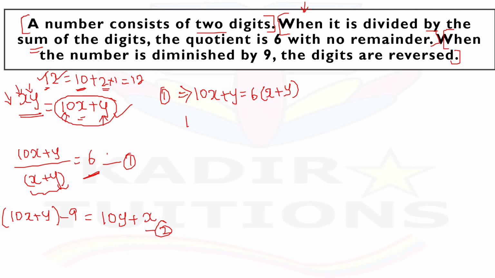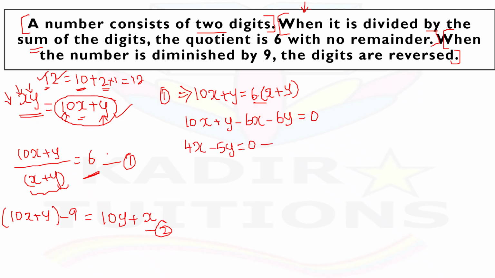So first we will do the simplification of this, then we will proceed further. So it's going to be 6x. When it is coming to the other side, it's minus 6x, and 6 into y is 6y. When it is coming to the other side, it's going to be minus 6y, which is equal to 0. Now based on the like terms, there are two x terms and two y terms, so combine the like terms. 10x minus 6x is going to be 4x, plus y and minus 6y is going to be minus 5y, equal